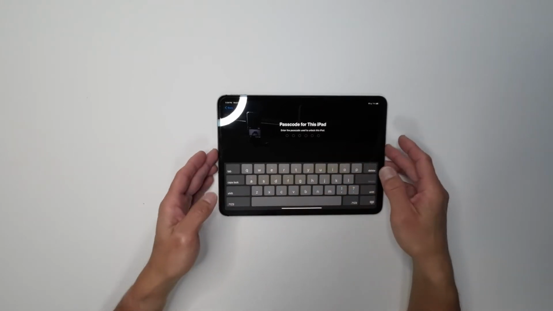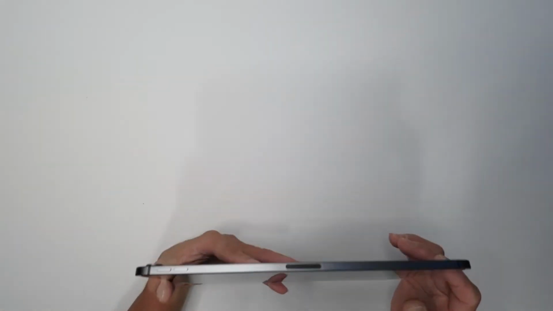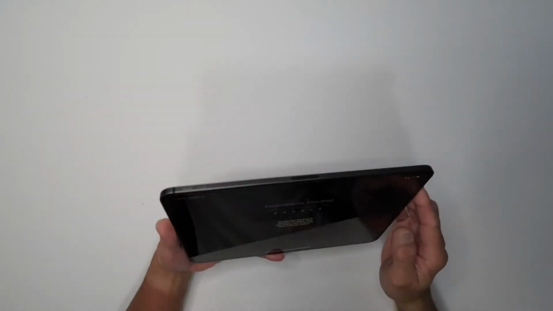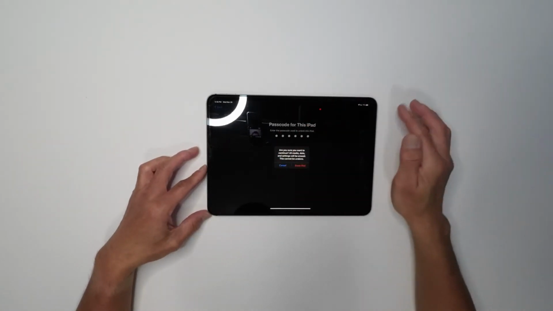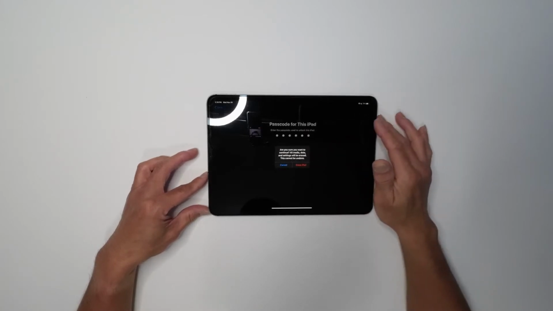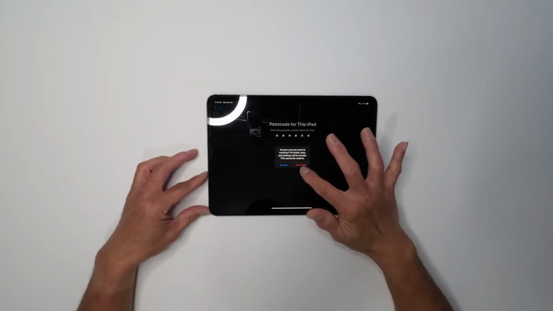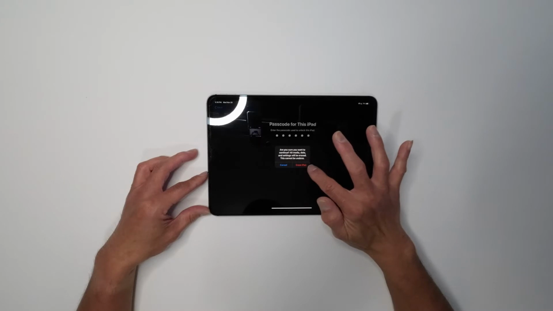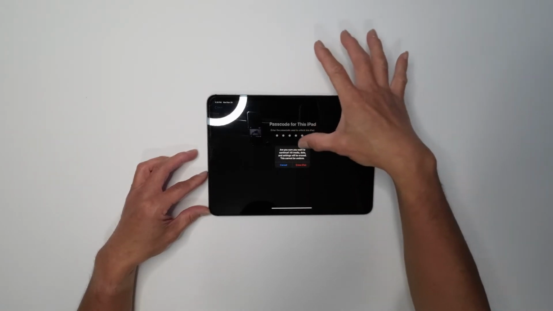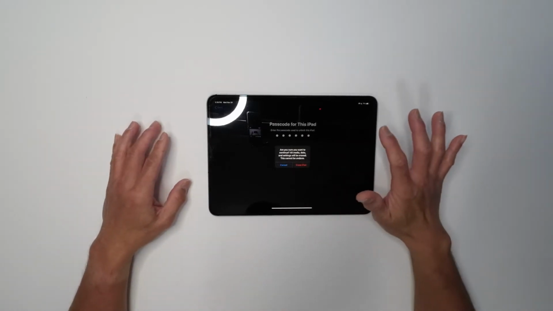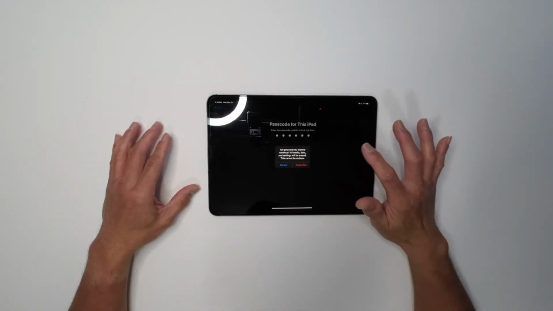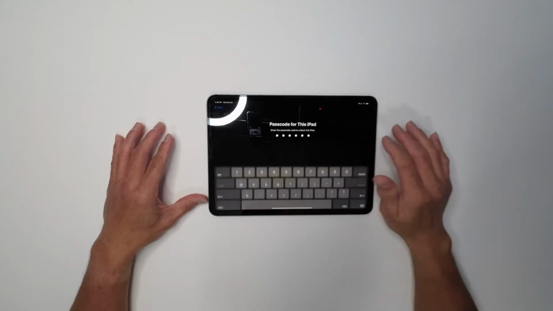my passcode or the PIN number. Okay, once you type in your PIN number or the passcode for this iPad, it will show there cancel or erase iPad, and then it will ask you, are you sure you want to continue? All media, data and settings will be erased. This cannot be undone. So press erase iPad,